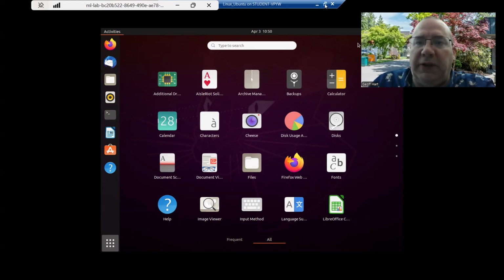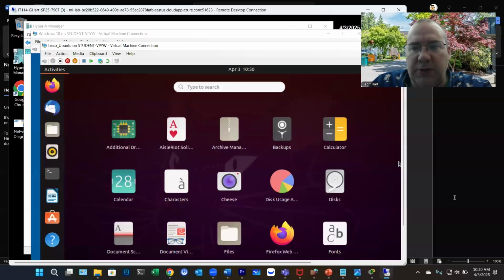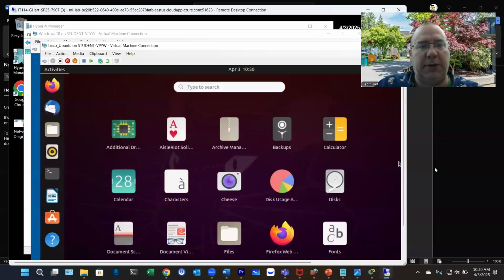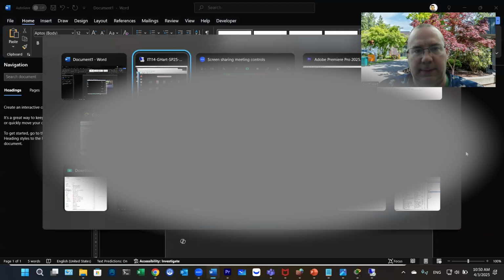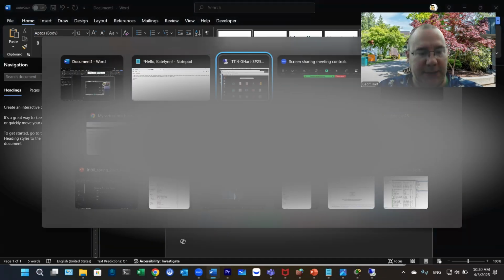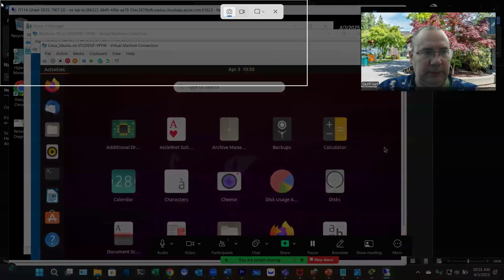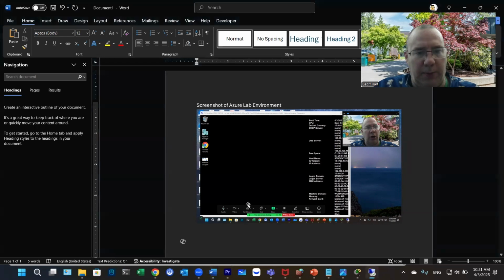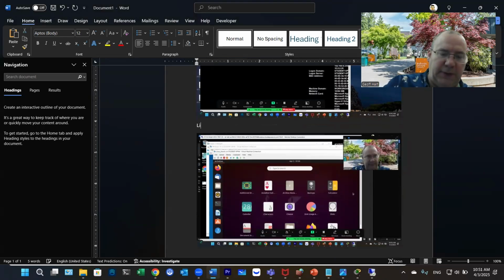I'm going to go ahead and hit the restore down button here up at the top and go ahead and take a screenshot. I'll hit this as well. So go ahead and click over here, go back to here. Okay. And we're going to go ahead and take this screenshot, and we'll paste that into our Word document. And we'll put Linux VM,